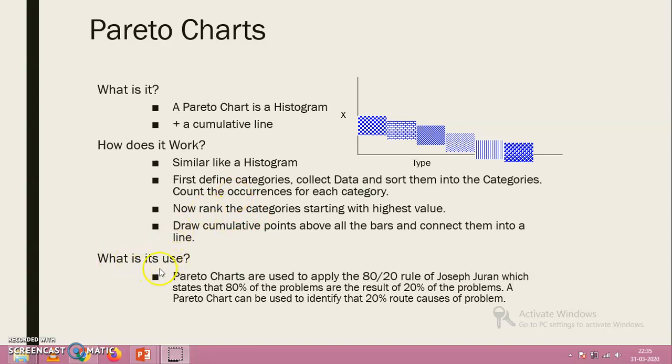So what is the use of this Pareto chart? In other words, it is also called the 80-20 principle. What is the 80-20 principle? It means that we have to focus on the 20% of the problems which have the potential to eliminate 80% of the defects. Only 20% of the problems actually cause the overall problem. If we reduce that 20% of the problem, then there is a major saving in cost, or a major reduction in waste, right?